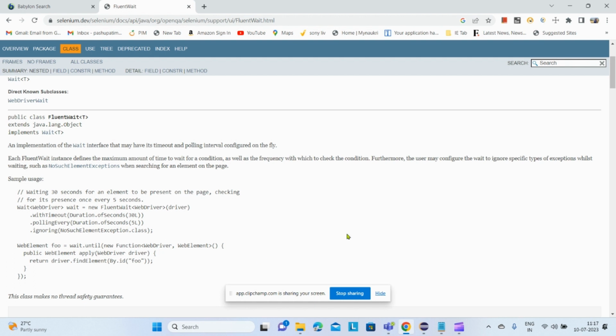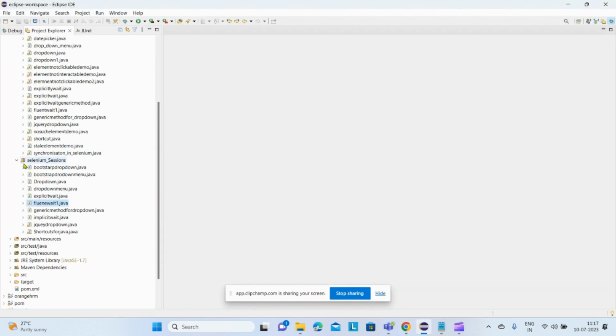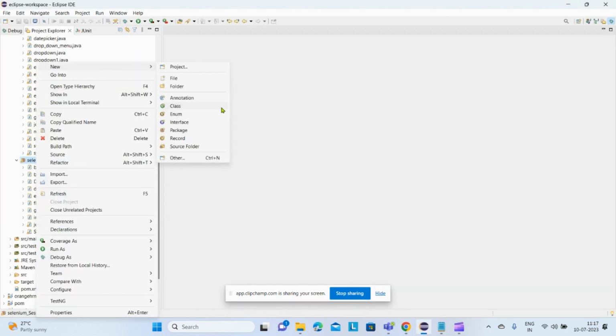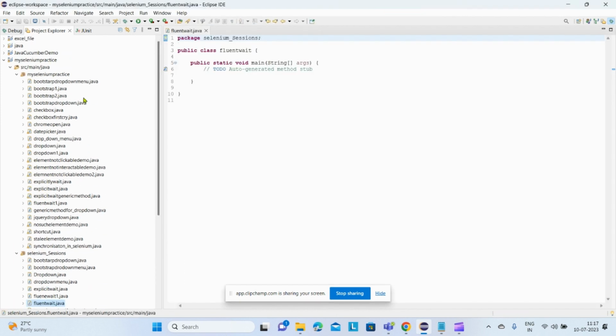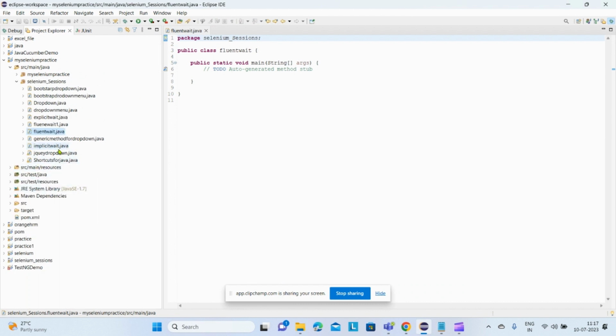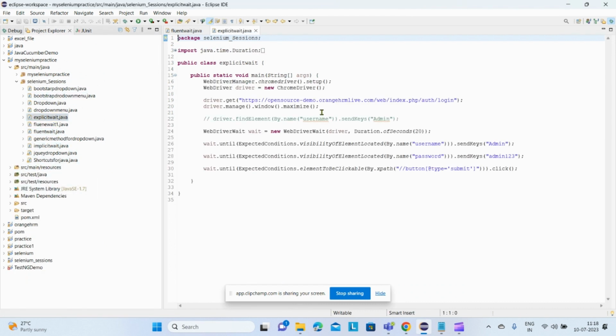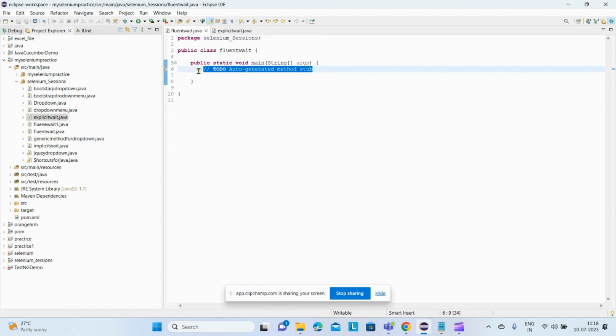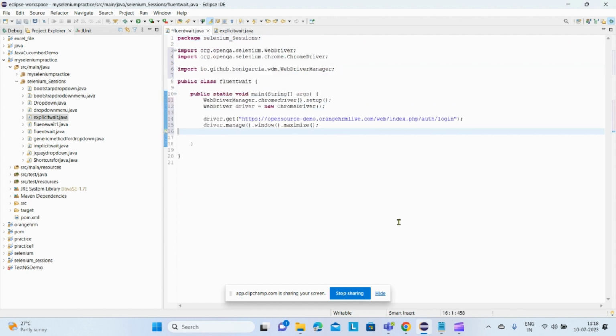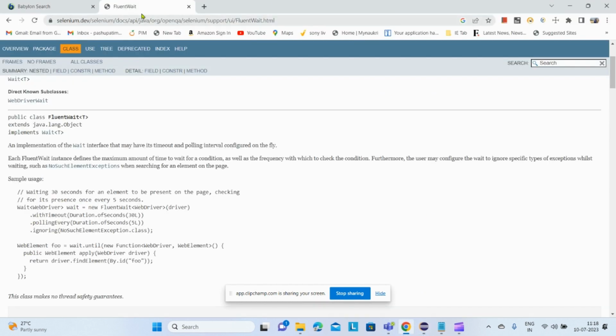Now, we will do it practically. In my Selenium session, I'll create one class and name it FluentWait. Take the main method and finish it. Now copy these 4 lines and paste them here to open Chrome. Now here what we'll do, we will